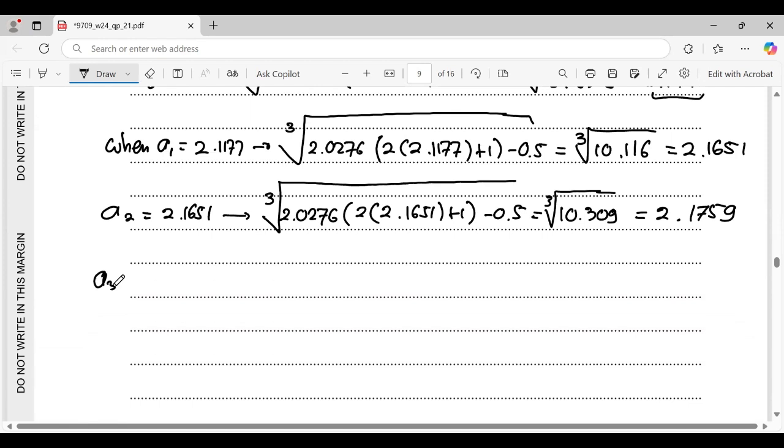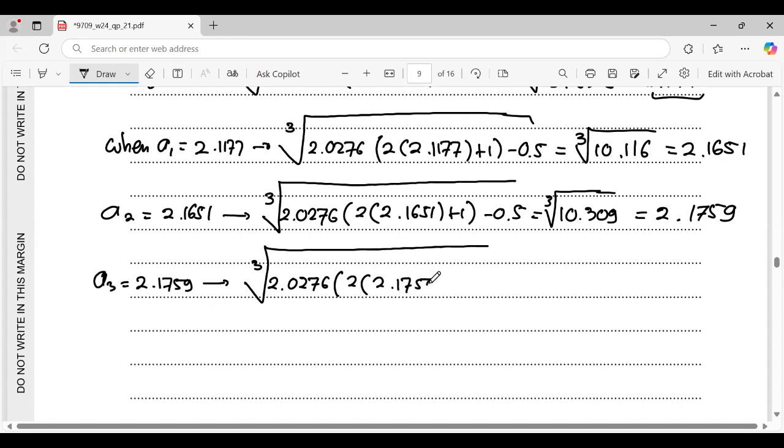When A3 equals 2.1759, the iterative calculation becomes cube root of 2.0276 times 2 times 2.1759 plus 1 minus 0.5, cube root of 10.350. It is 2.1778. Okay. Next, when A4 equals